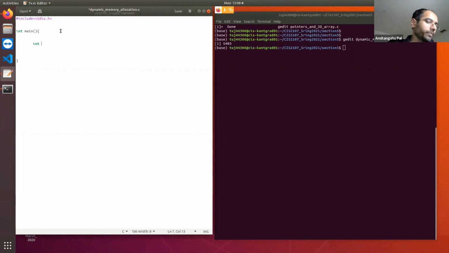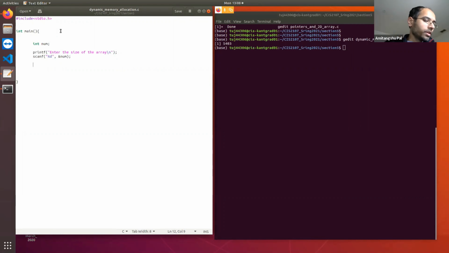Let's declare an integer num. And I'm asking the user to enter the size of the array, and then whatever the user is entering, I'm storing it in the num variable. num is basically the number of integers the array can store.